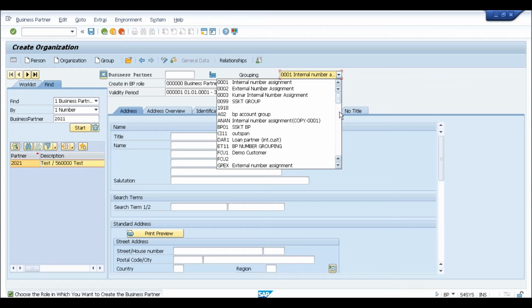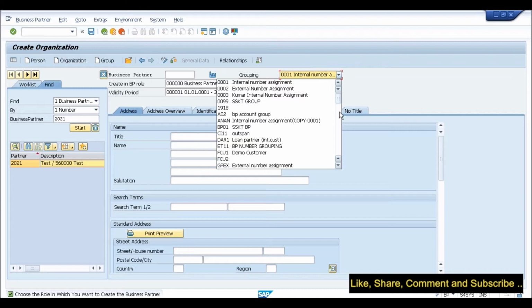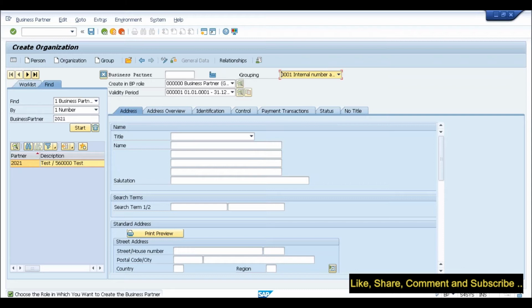If I have one sold-to with multiple ship-tos, suppose a distributor is there and there will be 10 end customers they will be servicing, and I want to create that distributor as a sold-to and 10 ship-tos, how do we do that? You need to create first of all 10 business partners, right? Similar to ECC also. In ECC also, if you are creating 10 different ship-tos, you need to have 10 different customers created, right? Exactly, yeah. So the same thing you have to do here.